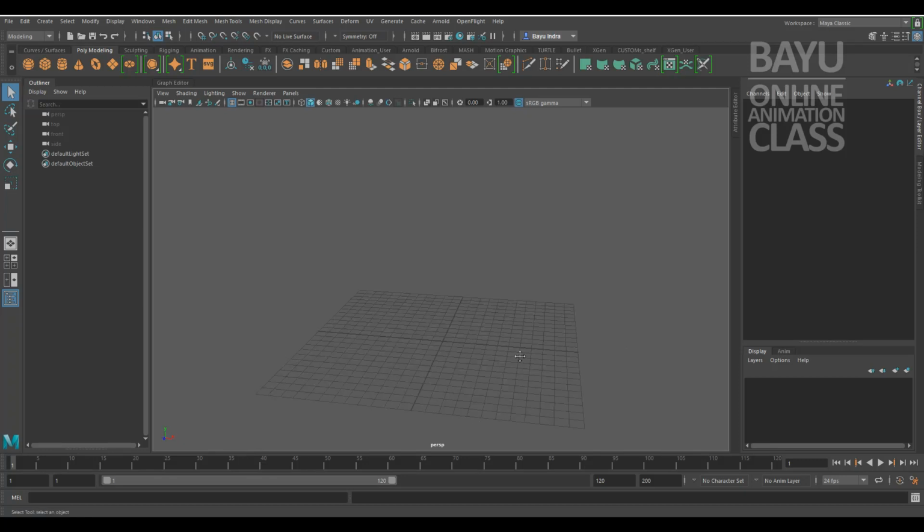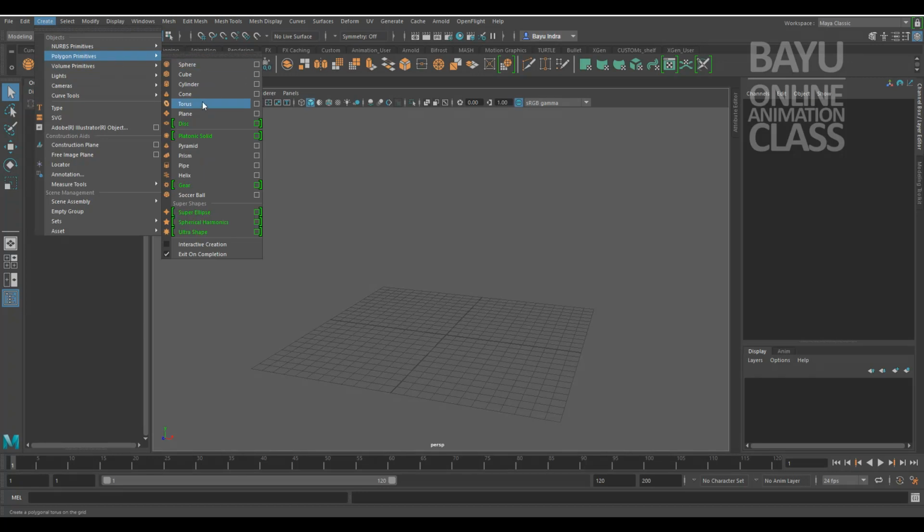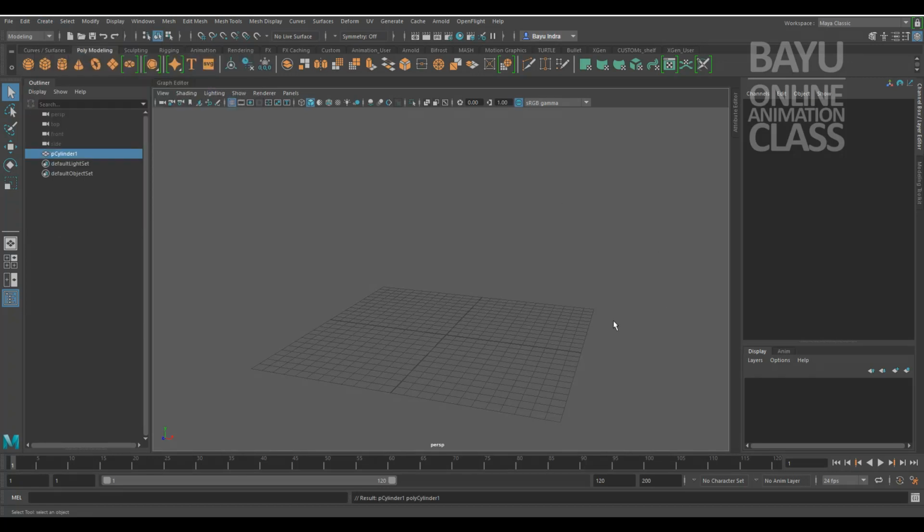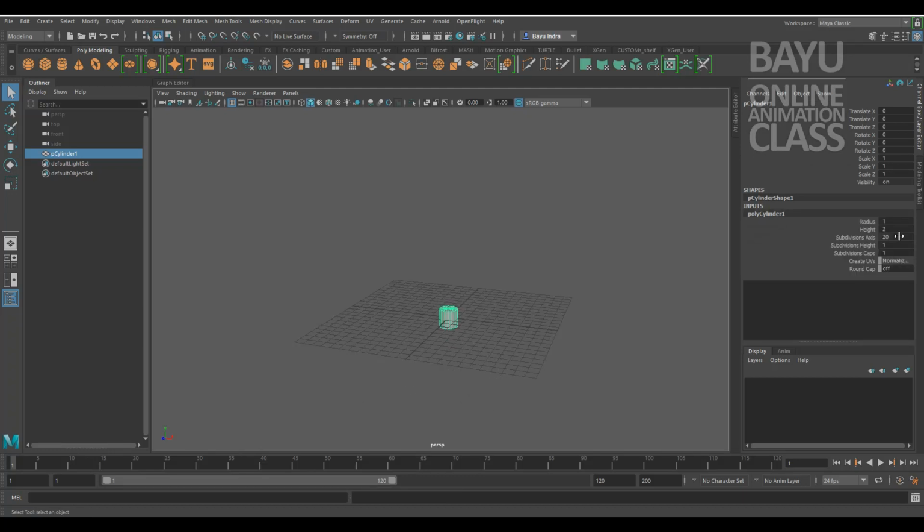We will try to make some complete objects like our class before, a glass. First thing, you need a cylinder. And then you have to set the radius bigger. Let's say set to 5, and then